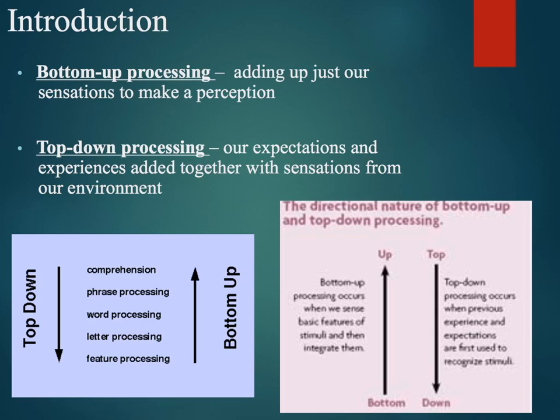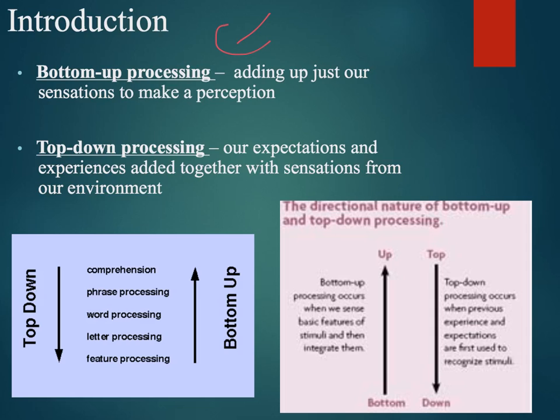It's how we take new information, new stimuli in our environment, and then form perceptions about them. So, for example, if you had never seen a locker before, for the first time you observe that locker, you're going to notice it has a color, it has a knob, it has little vents on the top and the bottom of it. It has hinges on the left-hand side so that it can open and all these different things. So you're going to add up all the many pieces of it and then create a holistic image in your head. That is bottom-up processing, and this is more common when you are seeing or experiencing something in the environment